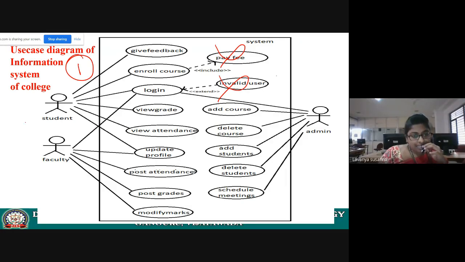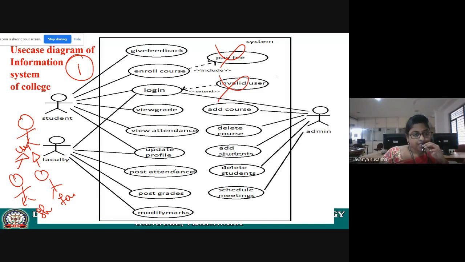Actually, here you can draw like this: user, and then you can give generalization like student and faculty. But I didn't specify it like this. Why? I'll explain.